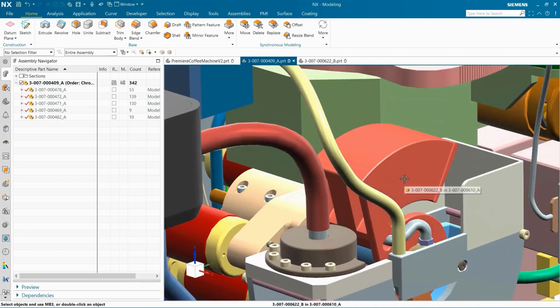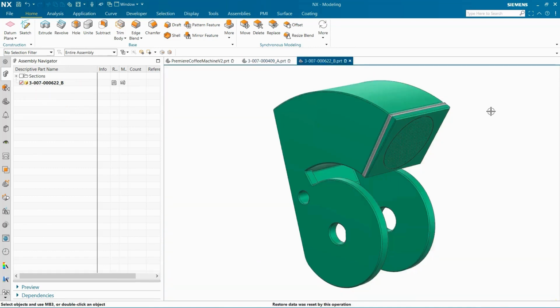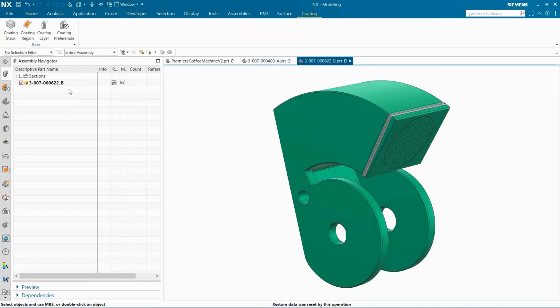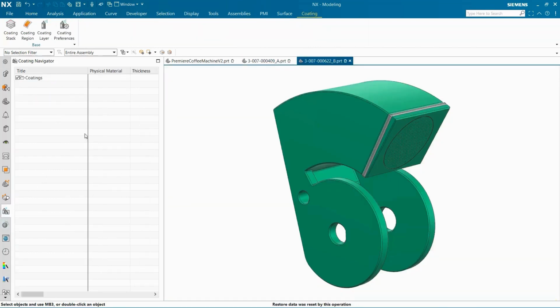With this part already open in a new window, the first thing I'm going to do is click on the Coating tab, and additionally open up the Coating Navigator. The Coating Navigator is an excellent tool to keep track of all the different layers that have been applied to your part. To begin placing coatings on our part, the first step is to create coating regions where we want